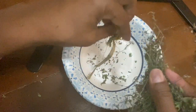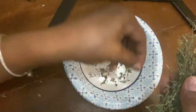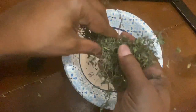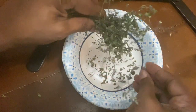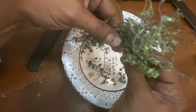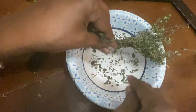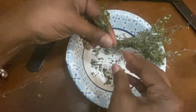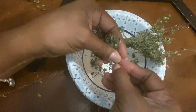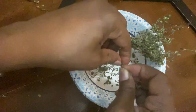I think I only had like 4 bundles left, and so yeah, getting that string off is a task itself. And so all I do is just kind of like rake my fingers through it and just kind of like remove the leaves. And sometimes I like to leave the stems on and just place the whole dried bundle in a huge mason jar. It's less time consuming, but you know, if you're giving them away as a gift, in this video I was giving this batch away as a gift, so I just went ahead and just removed the